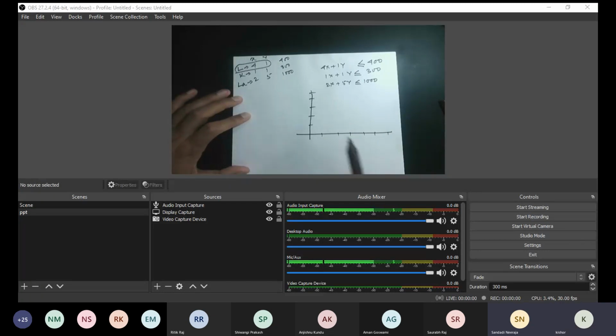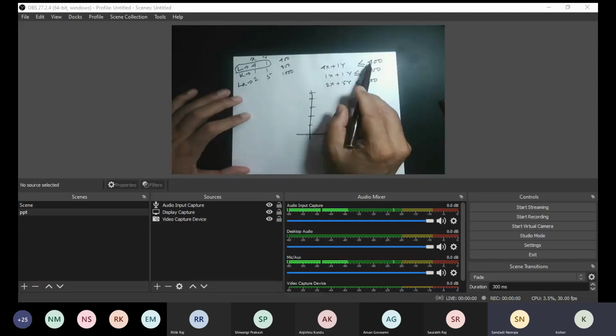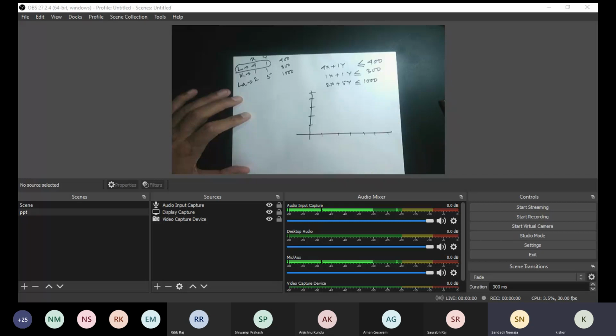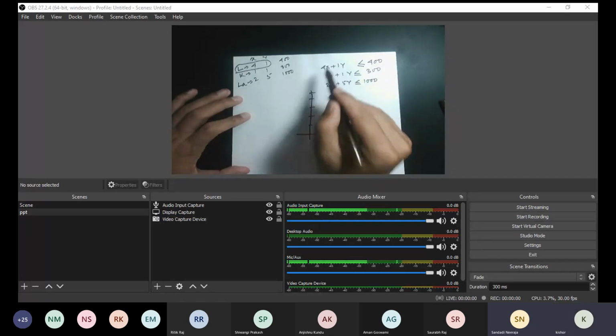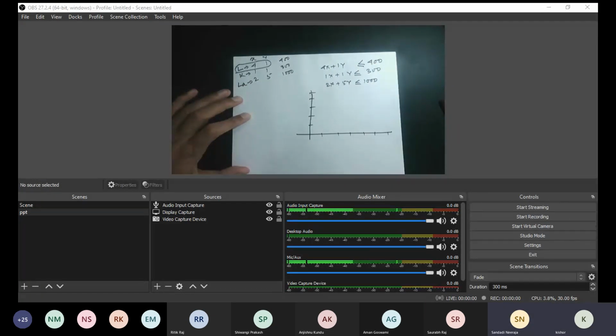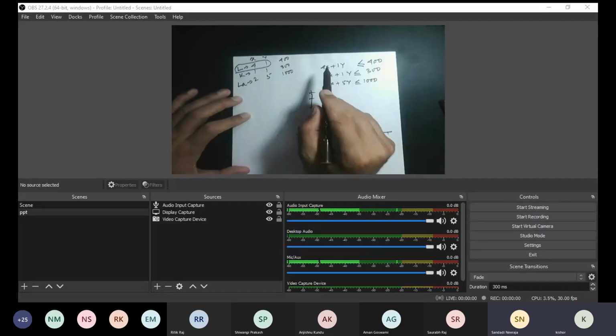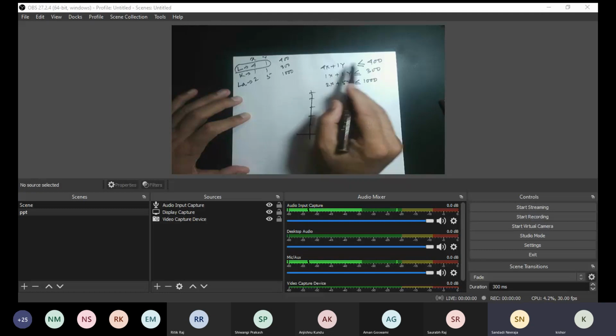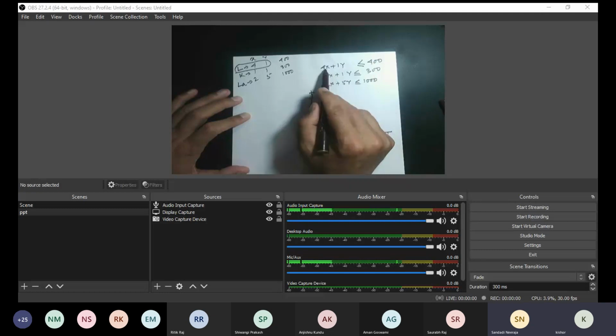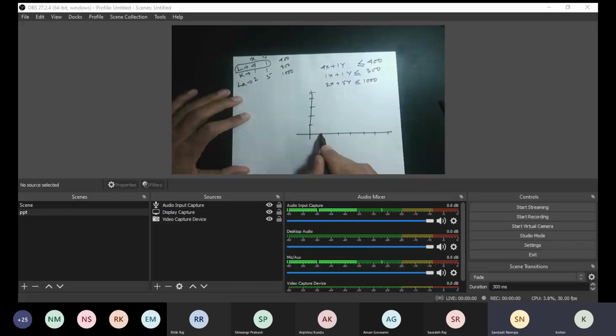What will be the constraints if I try to draw a line? What will be the constraints for labor? Constraints for labor is 4x plus 1y is less than or equal to 400. So I may be a producer who might be producing only x, no y. One extreme case. Then y will be 0. Maximum units of x with 400 units of labor that I will be able to produce is 100. So I will get a point somewhere here.